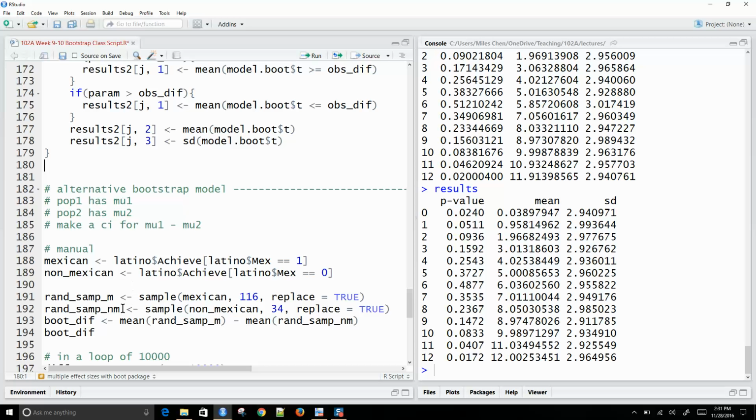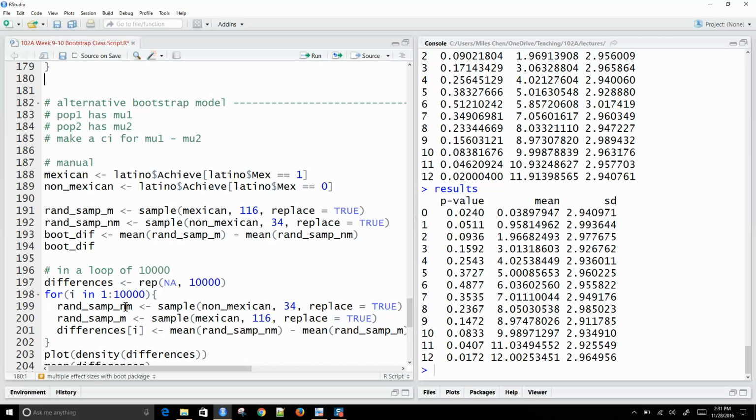One advantage of the boot library, though, is that we can use some confidence interval commands that the boot library implements, and so we'll talk about that. Okay, so